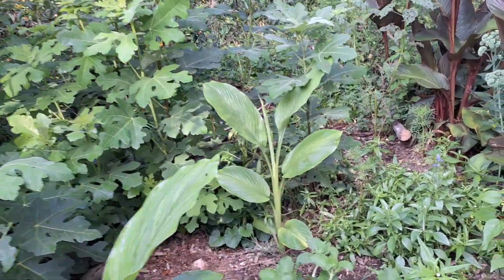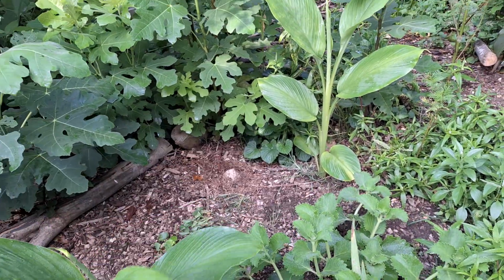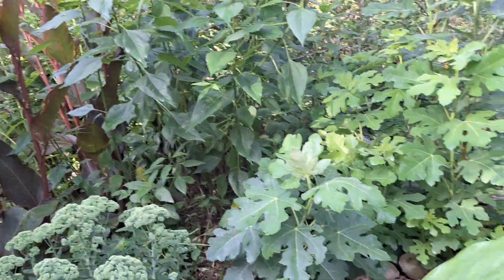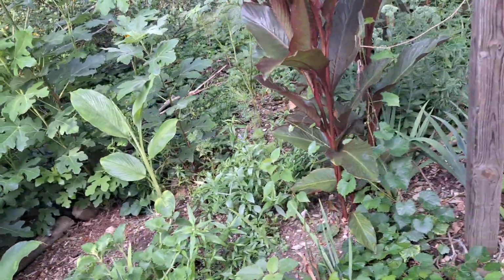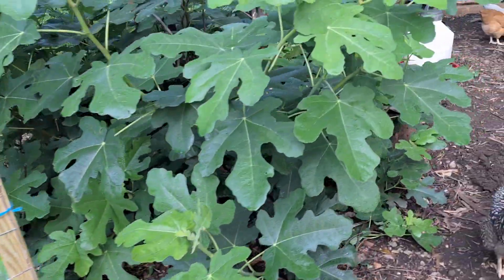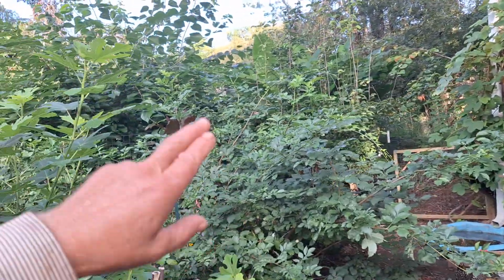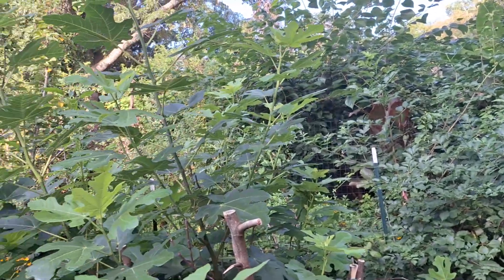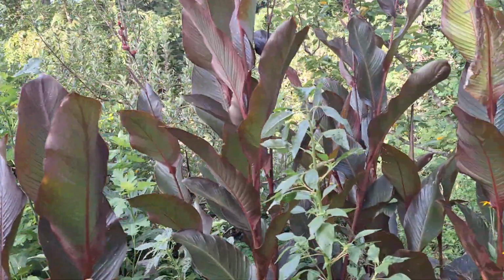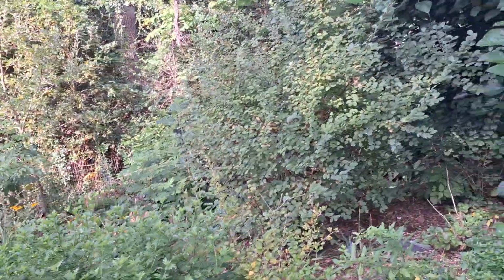Even in these understories, there's I think it's Cuban cilantro, or Cuban oregano, turmeric, taro, more figs and apples, Jerusalem artichokes, lots of varieties of flowers, chickens and ducks, and grapes and elderberries and Asian pears, and so on and so on. So having that diversity, that variety, that succession in timings, the plants of the guild working together to call in beneficial insects, call in the pollinators, fix nitrogen,